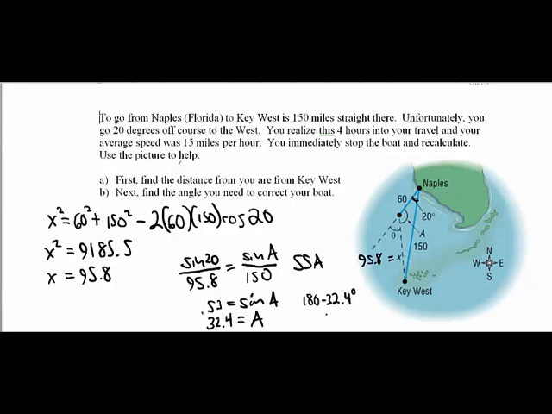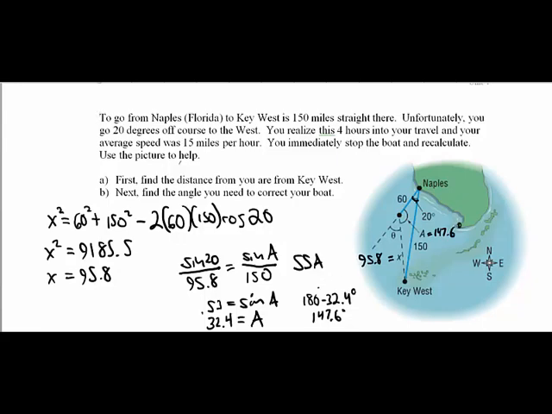Which is the trick that I taught you back in the Law of Sines video number 3, the ambiguous case, where we had a situation where we had to try to figure out what the possibilities of side-side angle could be. Come to think of it, maybe it was part 4, but either way, the title was the side-side angle, the ambiguous case. So now we do our subtraction here, and we end up with 147.6 degrees, which happens to be angle A,